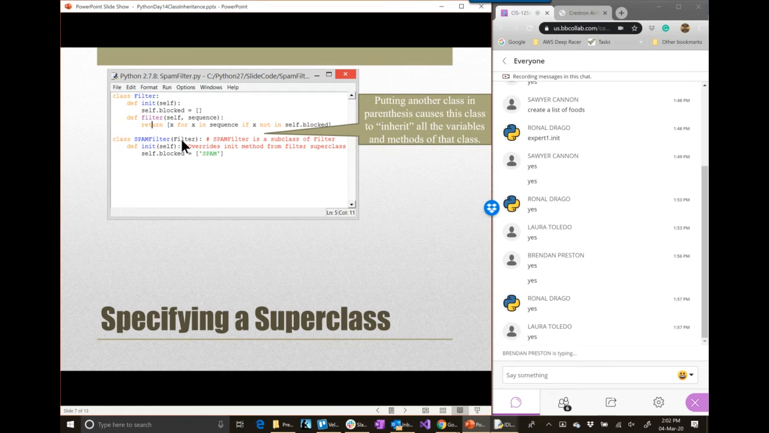Okay, so what's going on here? Spam filter inherits from filter, but let's see what's in filter. So we have two methods. The init method, which declares a list of blocked items, which is an empty list in filter. And then